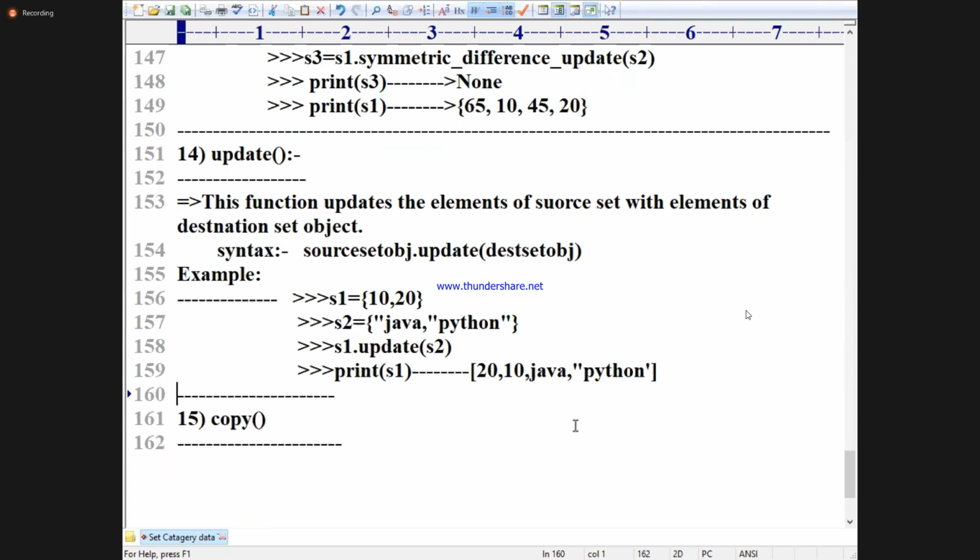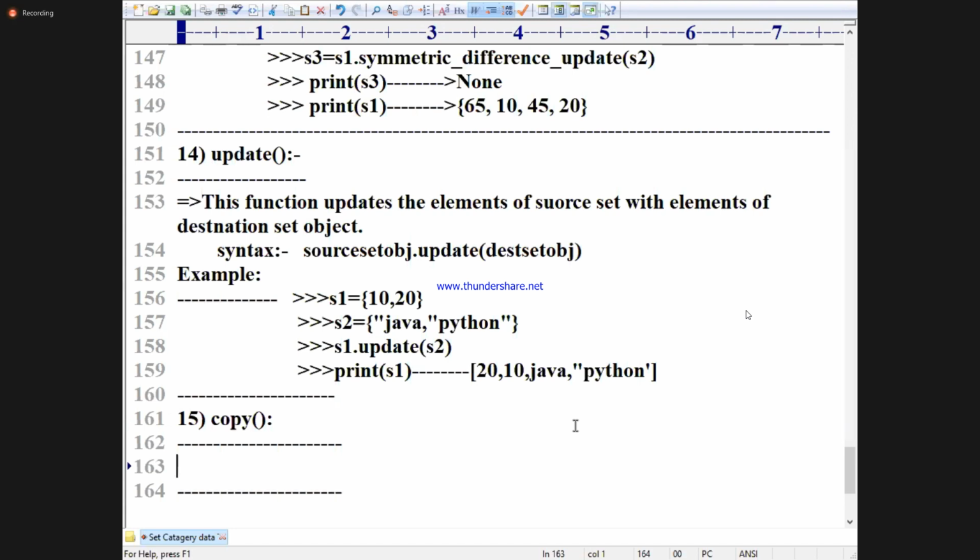Easy. So last and final, copy. Have you heard about copy in my class? What is the meaning of copy? Transferring the content of one set object into another set object, or one object into another object. How many types? Come on, fast. Two types: shallow copy and deep copy.